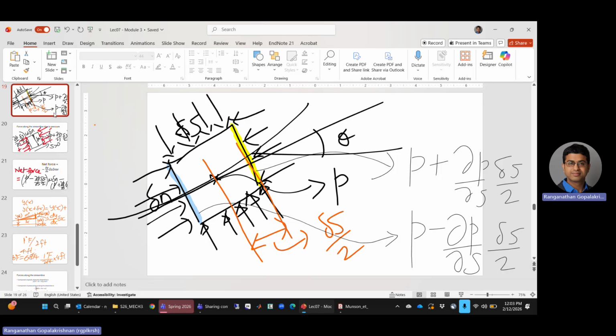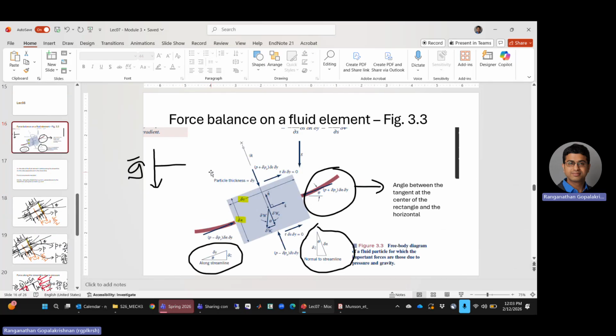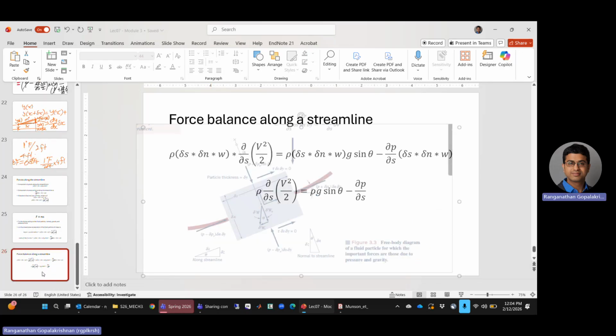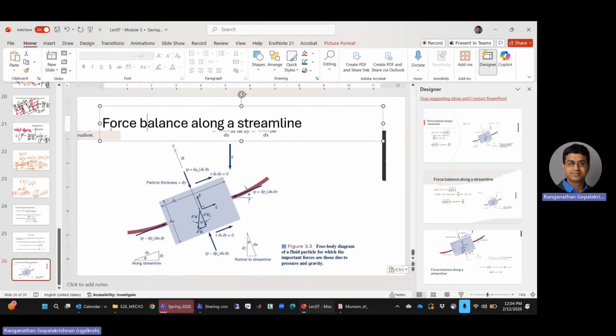Meaning, if you want to consider a small distance a little bit away from the point of interest, yes, it can be considered valid, but it can't be considered for large distances. So this picture has to be in your head whenever you see this relation. Okay, I'm going to take this picture and put it here. And I'm going to add a note so that you actually remember this.